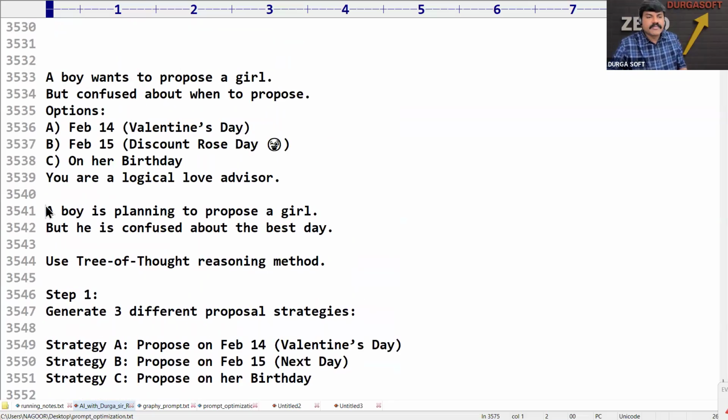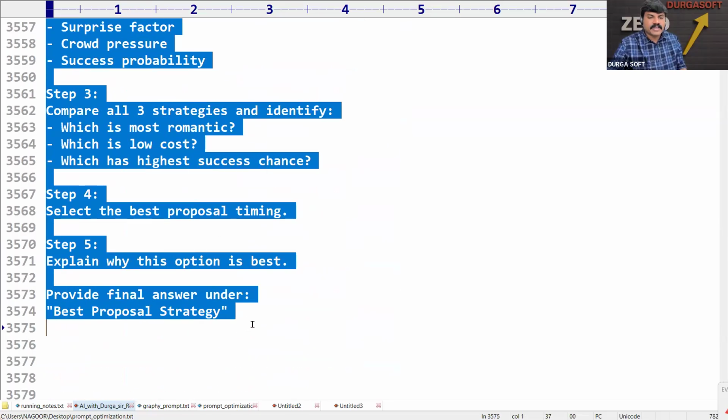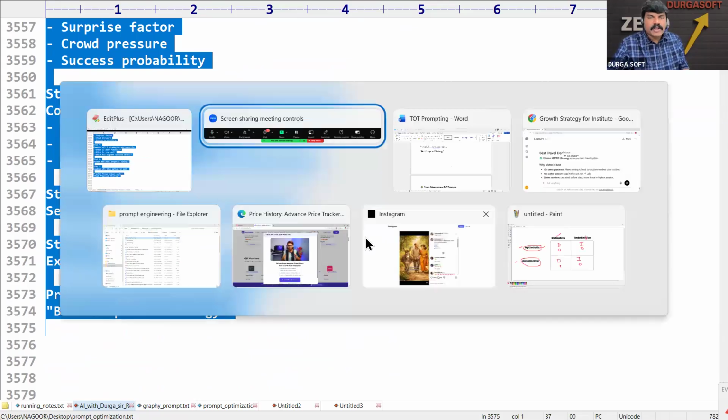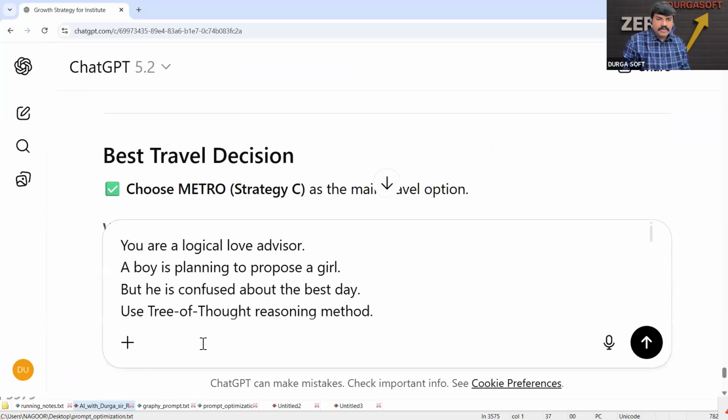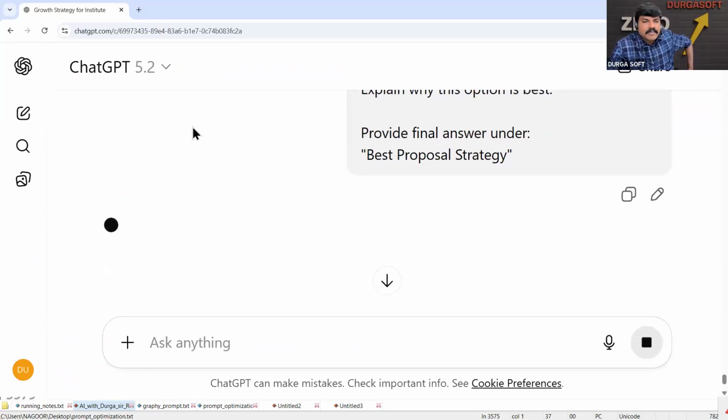Don't think in a negative way, friends. Just for understanding's sake, I'm taking this one. Beyond that, nothing. For every aspect of our life, happily we can use this. Just for that I'm telling. Durga Sir is telling this type of prompts, so don't think wrongly. Here, just observe this.